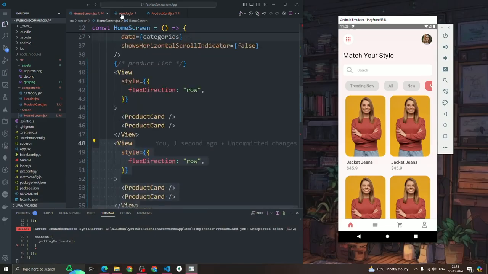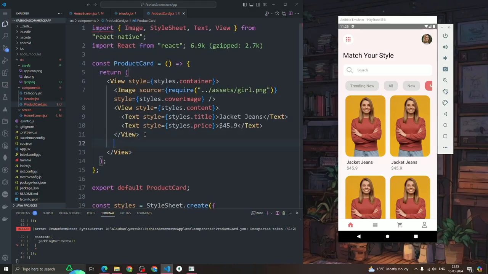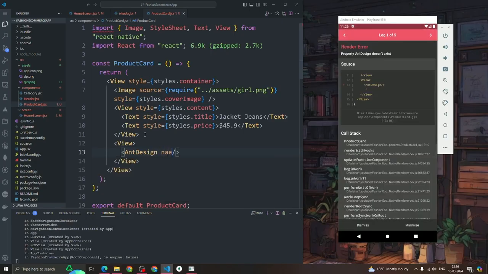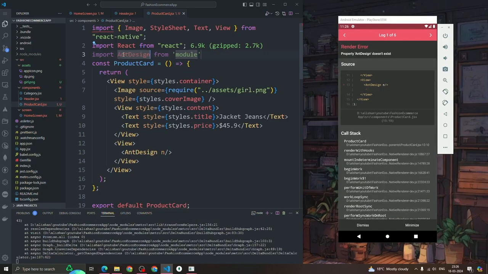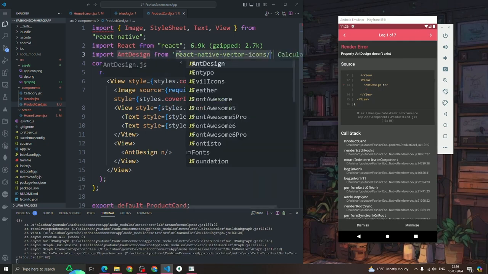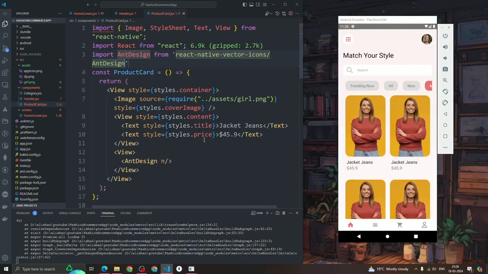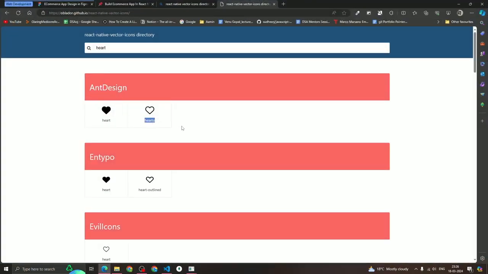So after that, let's go to the product card component. Okay, and I'm gonna have one view. Inside this view I'm gonna just use the AntDesign icon. Okay, and let's import AntDesign as well. So import AntDesign from react-native-vector-icons/AntDesign. Okay, so I get the AntDesign, and the name will be what? The name will be hearto. Okay, to get the heart,